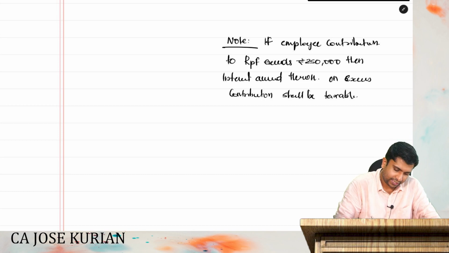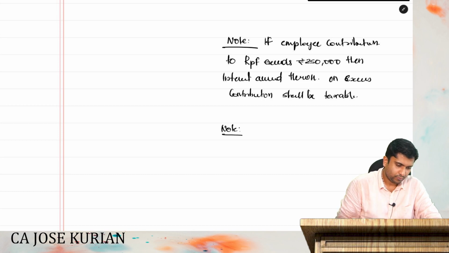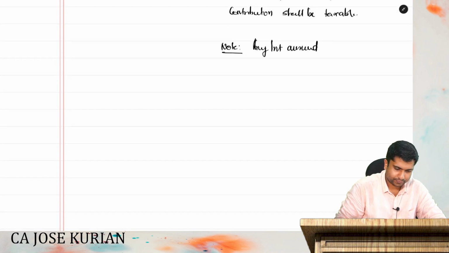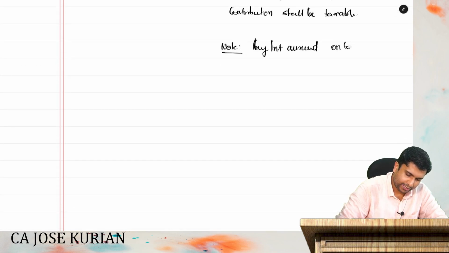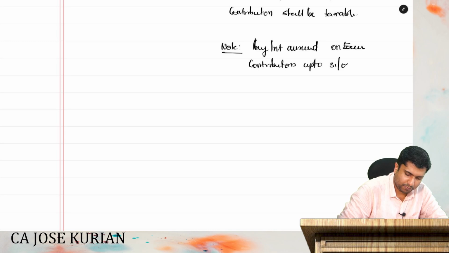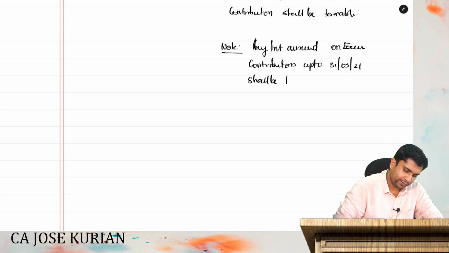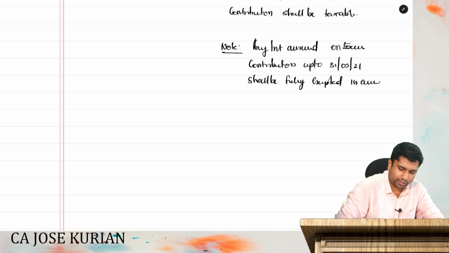So, we can write the second note: any interest accrued on excess contribution up to 31st March 2021 shall be fully exempted in accordance with